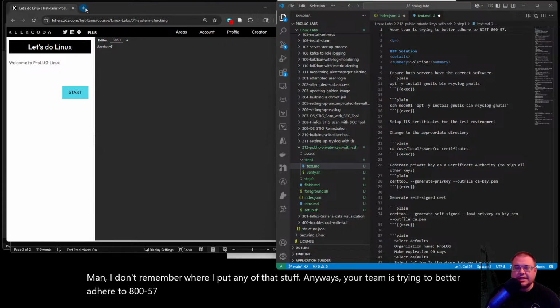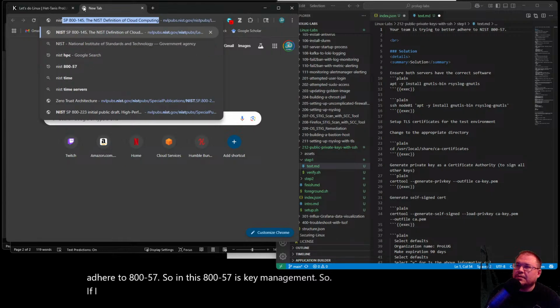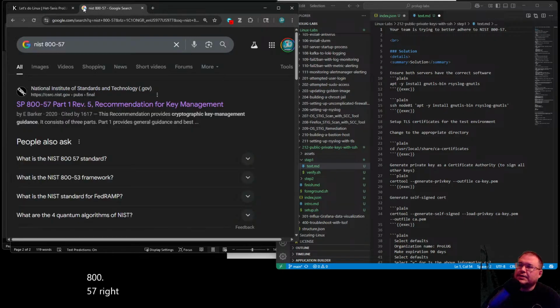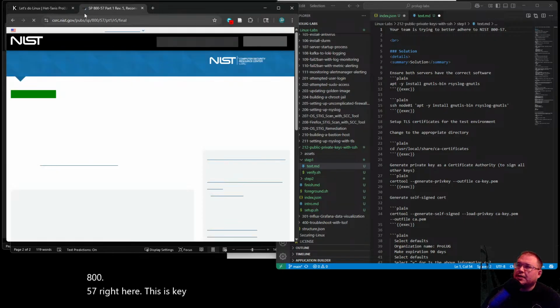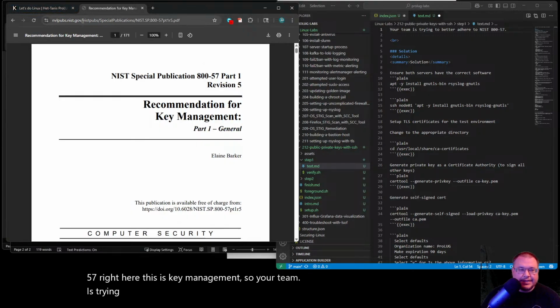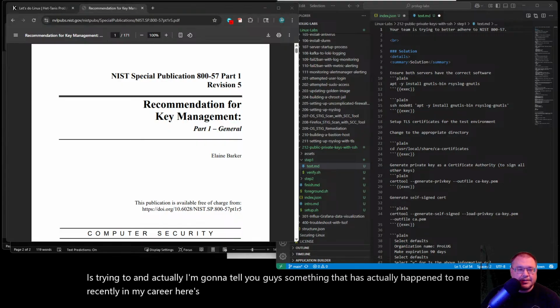So NIST 800-57 is key management. So if I go NIST 800-57 right here, this is key management. So your team is trying to, and actually I'm going to tell you guys something that has actually happened to me recently in my career. Here's the NIST standard if you guys need it.